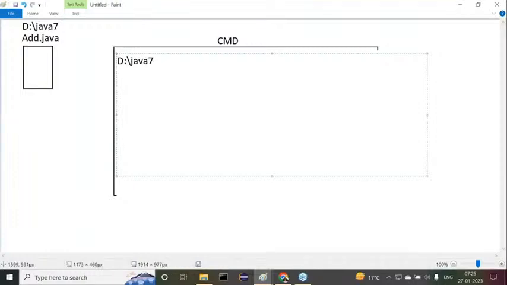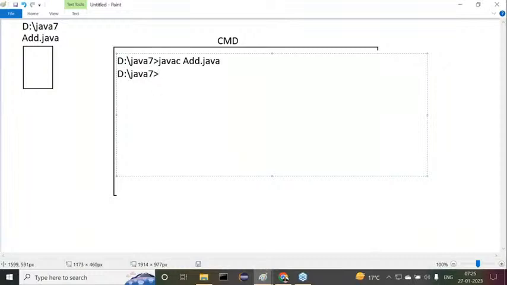Now I want to compile this program: javac add.java. My program compiled successfully. It does not have any error. Everything is fine. Next,